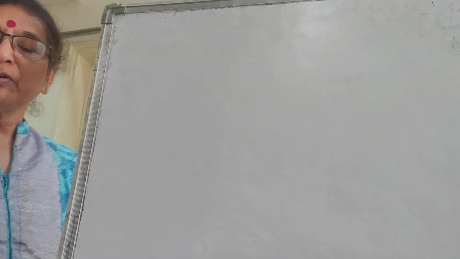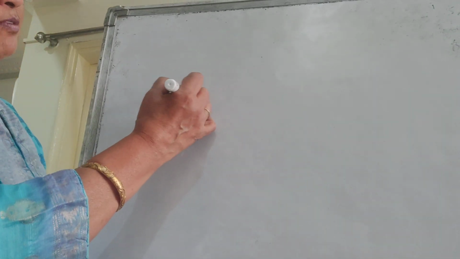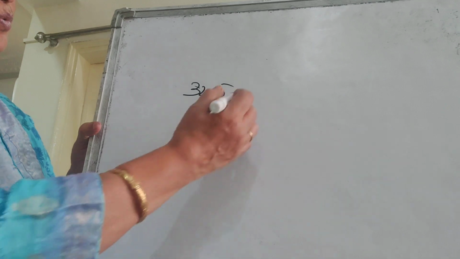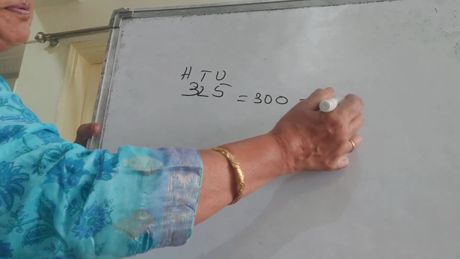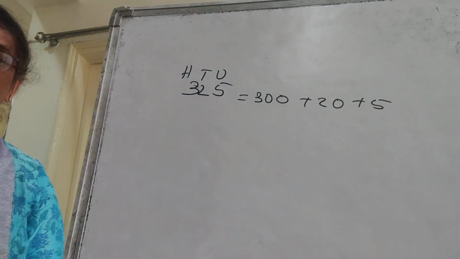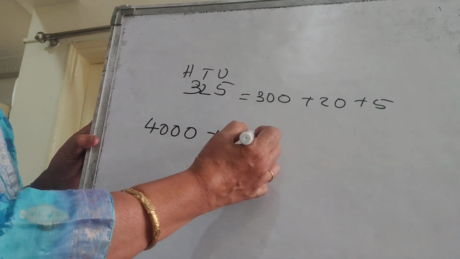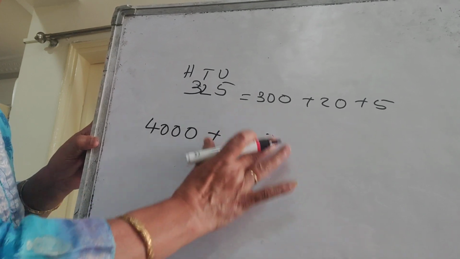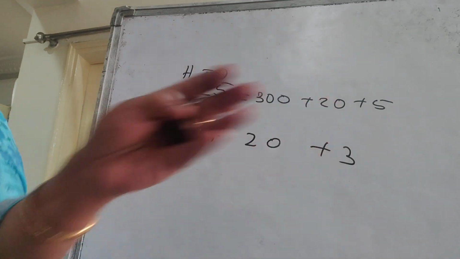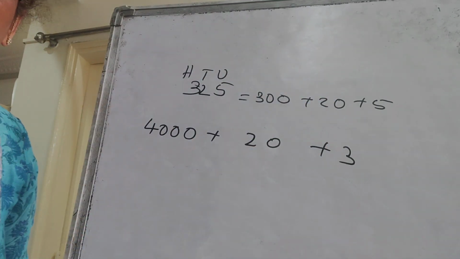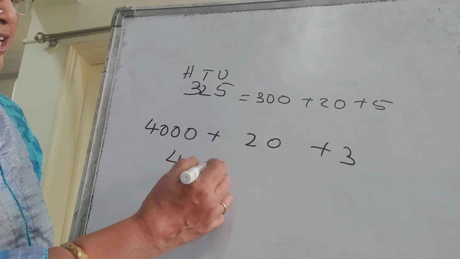Hello children. So we were talking of correlation of topics, like in the very lower classes, standard 2 and 3. The child was taught 325 was 300 hundreds place, 20 tens place, 5 units place, 300 plus 20 plus 5. Even if it was given like 4000 plus 20 plus 3, the child knows there's a thousand, there's a ten, there's a unit, and there's no 100. So he writes 4, no 100, then 2 and 3.